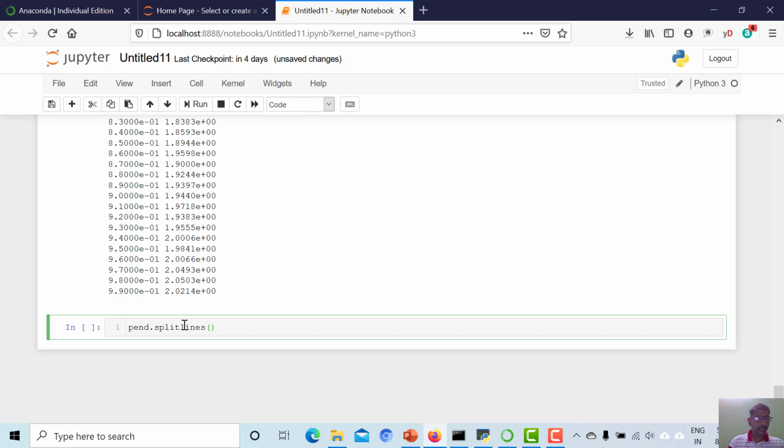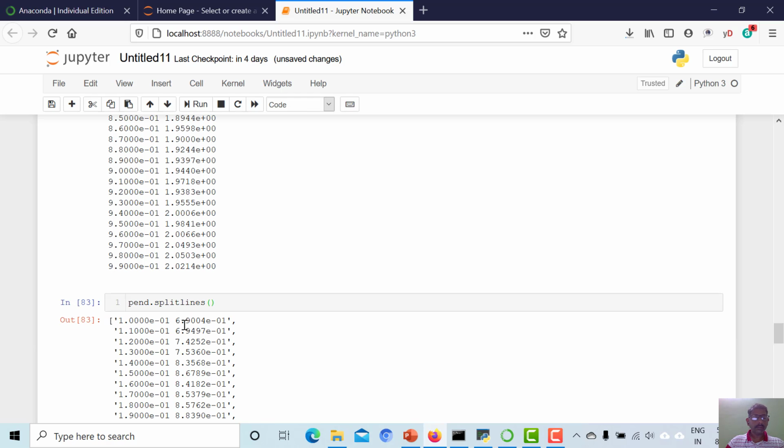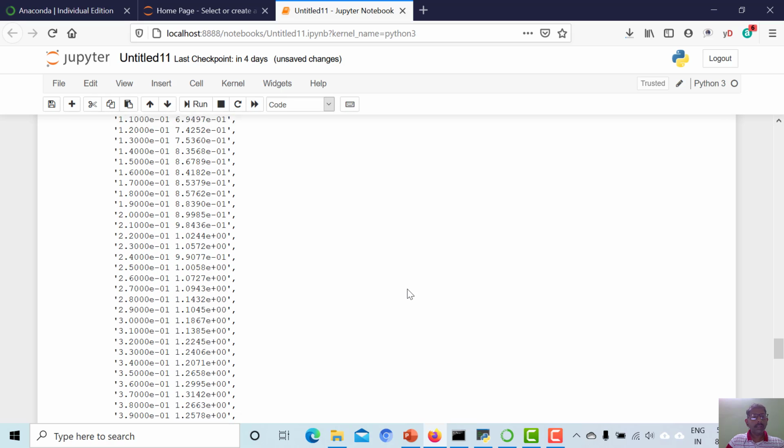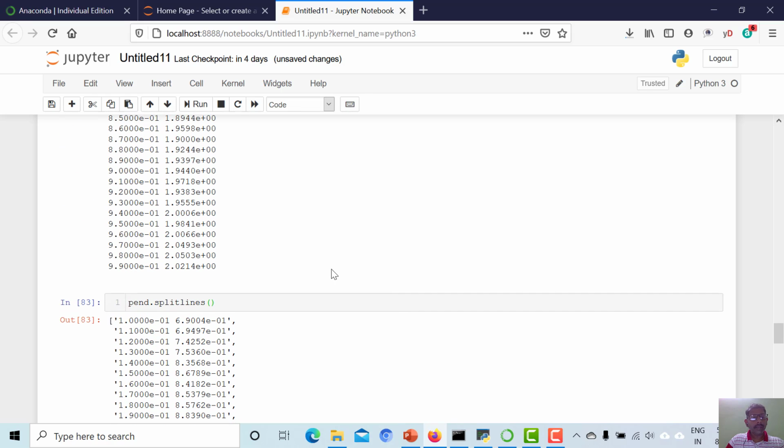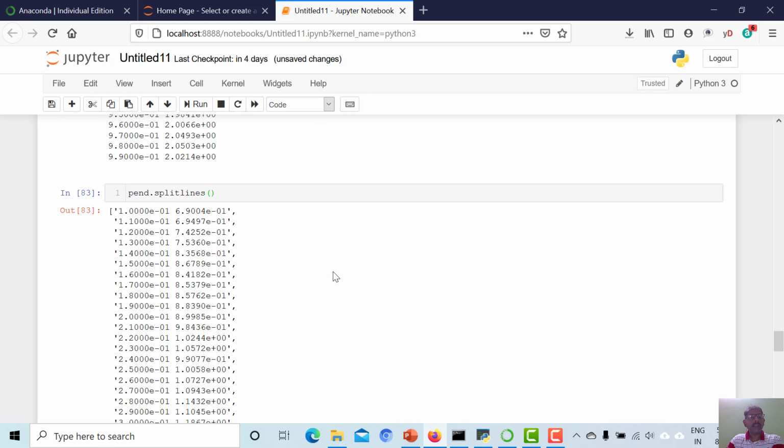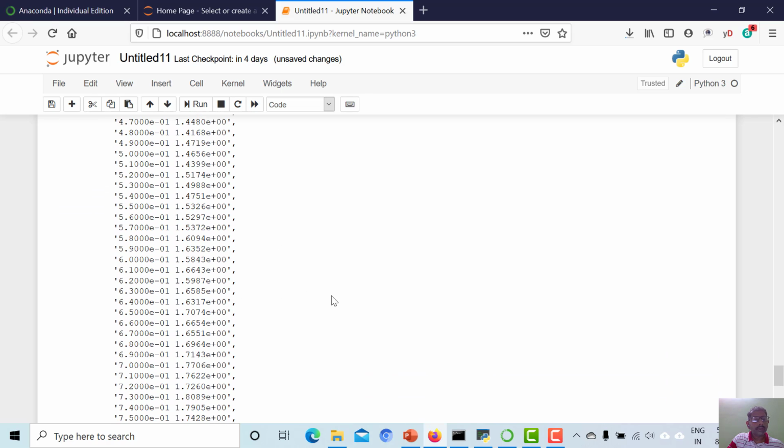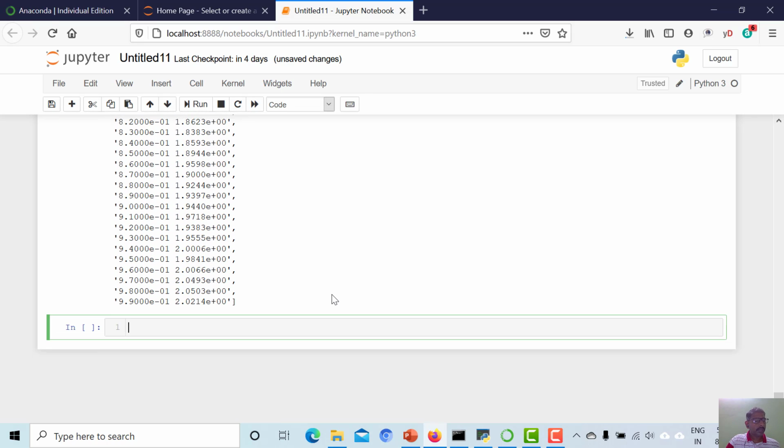Split lines. And we have seen that the data of this file is split line by line. We can see that all the data are being separated by comma. So it is split into